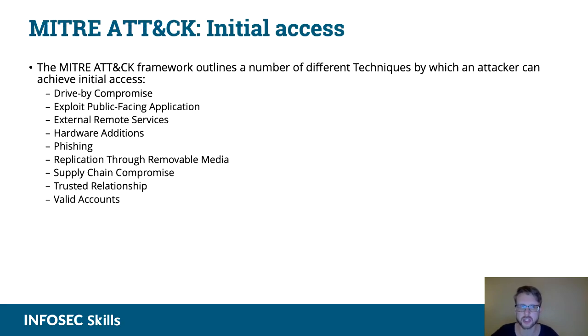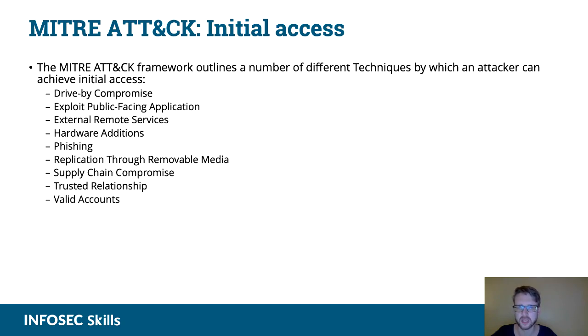And so there's actually a variety of different techniques by which an attacker can achieve this initial access. There's drive-by compromise, using a malicious website. There's exploitation of a public-facing application, perhaps through SQL injection, taking advantage of external remote services like VPNs, RDP, etc., making modifications to hardware used by the organization, phishing attacks that send malicious links or attachments to a target,